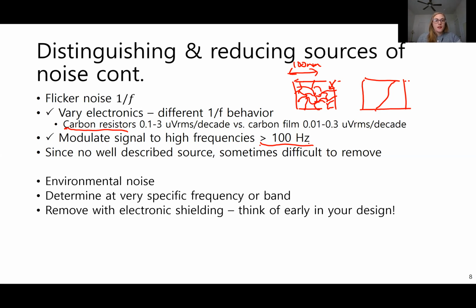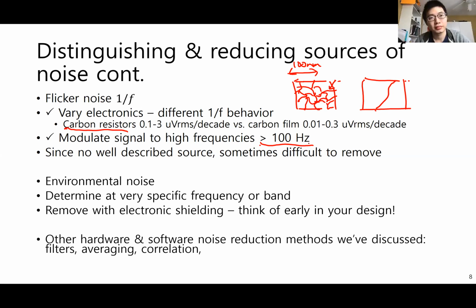Okay. Oh, can I ask a question? Yeah. So I think when we talk about thermal noise, you said signal averaging won't help us. But why does it help with the shot noise? Because I feel like the functional form is very similar between the two. So why does signal averaging work for shot noise but not thermal noise? Yeah, so